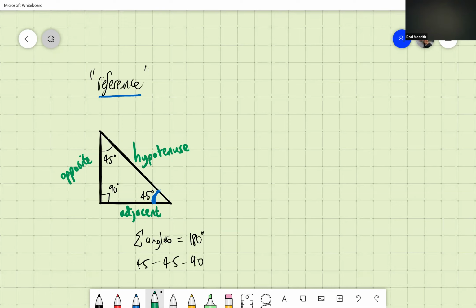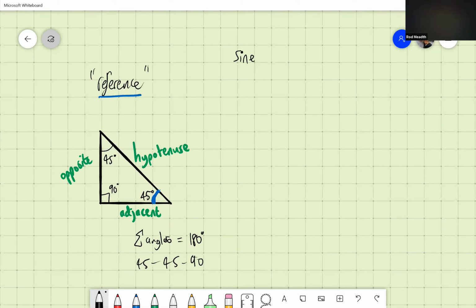Now, we have labeled those three sides. And now there are three functions that we need to learn. Now, a function, I know I'm giving maybe some new words to 9th and 10th graders. A function is just like a mathematical process or machine, almost like a computer program, where you put in a value and then you get out a particular value. And the three functions that we are going to use in this course